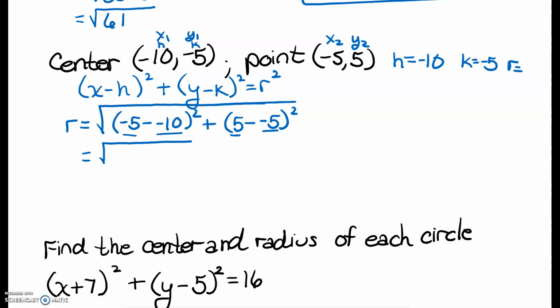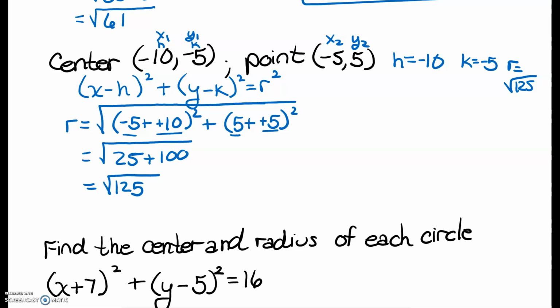All right, so I'm going to get rid of my double negatives here. So negative 5 plus 10 is 5. 5 squared is 25. Get rid of my double negatives here. 5 plus 5 is 10. 10 squared is 100. So now I have an r value of the square root of 125, which, by the way, I'm not going to simplify,